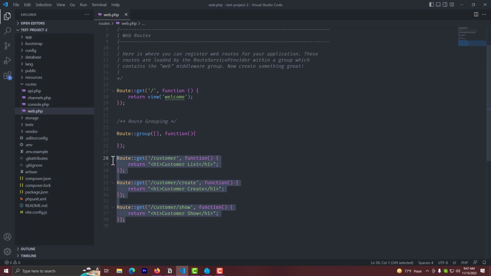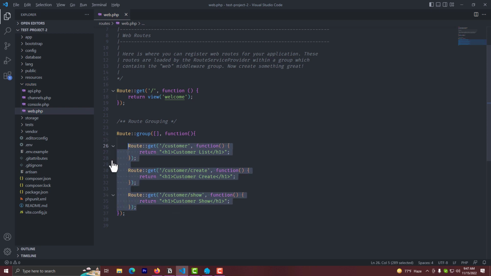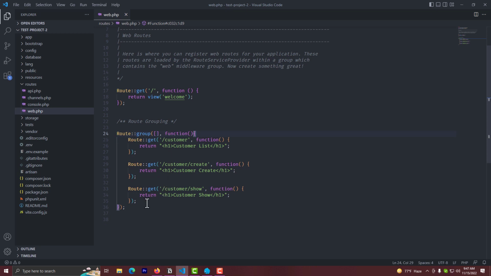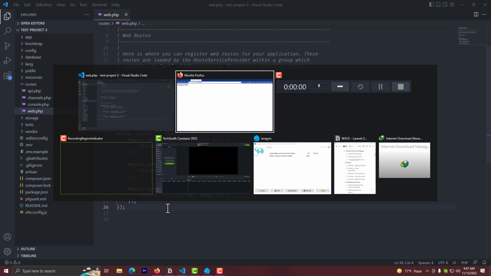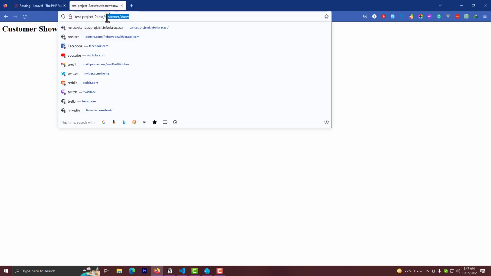Now let's put all our routes in this closure. You can see we just moved all three routes into this route group. Let's check our routes again, and you can see our routes are still working, no issue,